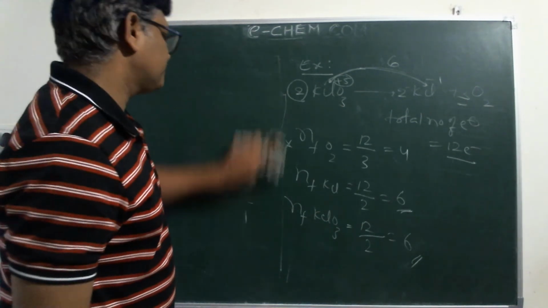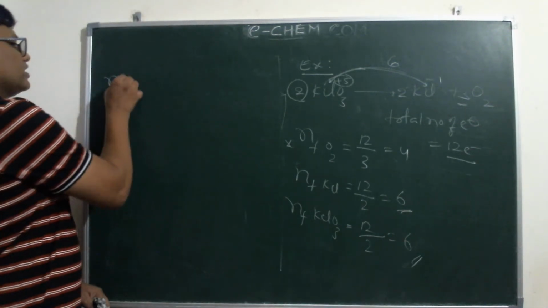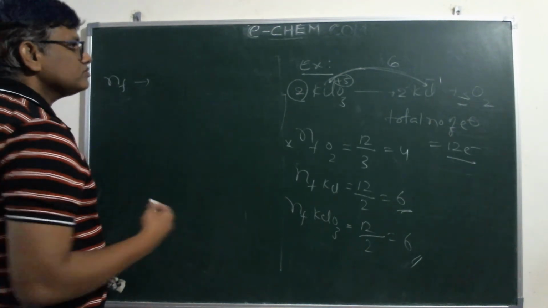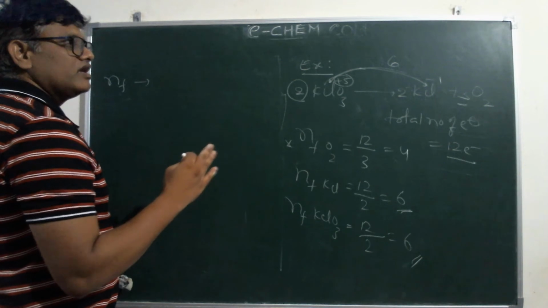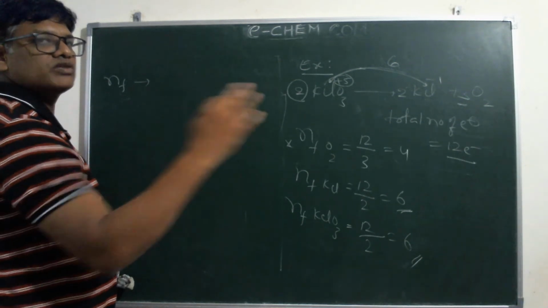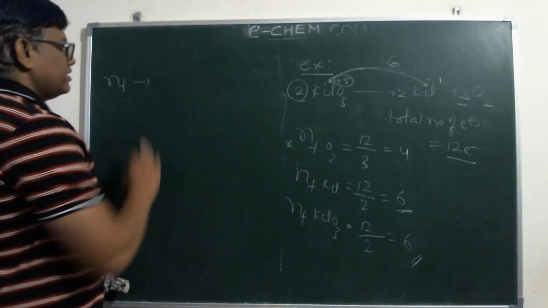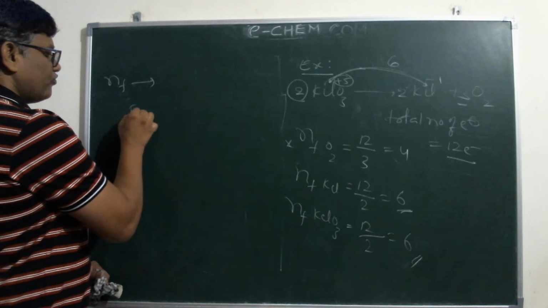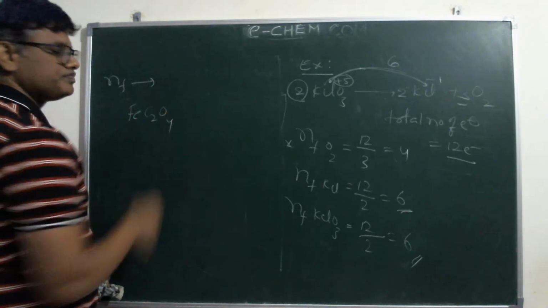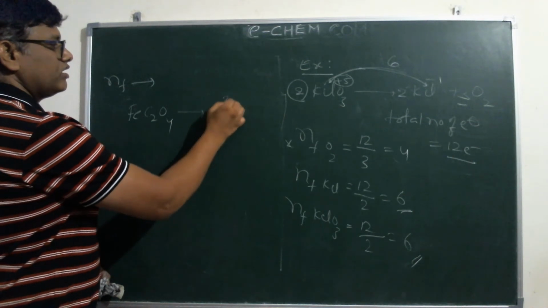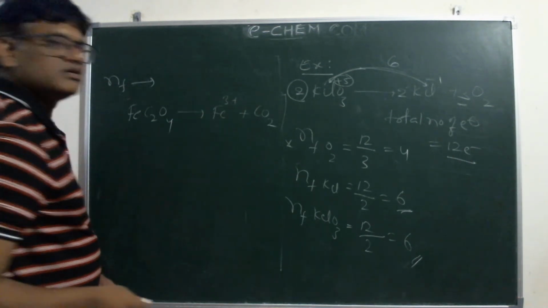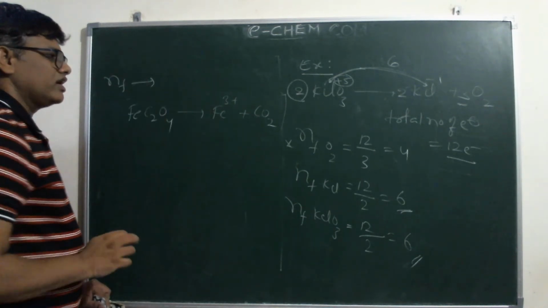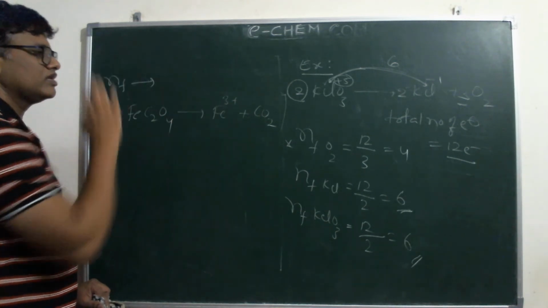calculation of n factor. Calculation of n factor for the components, for the reactions undergoing different elements with the same process, either maybe oxidation or reduction. Right, let's have some more examples for this. I am taking here, for example, ferrous oxalate FeC2O4 converting into ferric plus carbon dioxide. Right, in this reaction different elements from the same compound are proceeding with the same type of reaction.